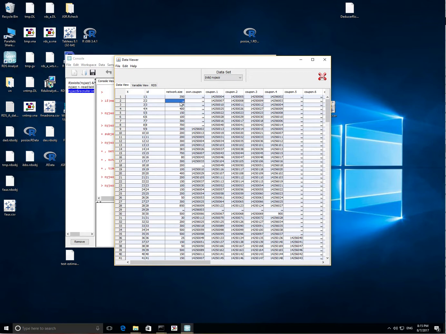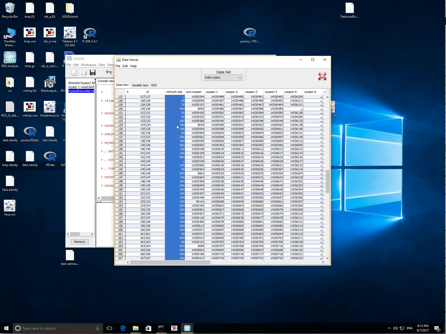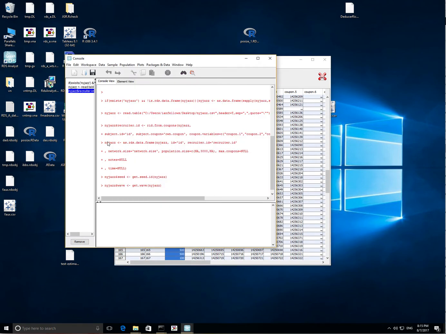And here we have the New York Jazz dataset. So it's a dataset with jazz musicians, and it has a network size variable. And we can see that some of these are missing. Now, if we want to impute them, there's a number of strategies that we can employ. But probably the most reasonable one is to attempt to impute either the population mean or median for these